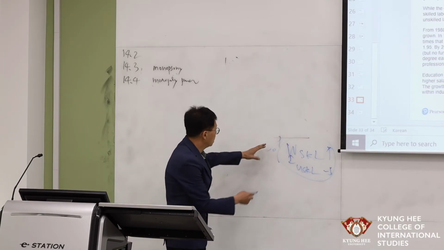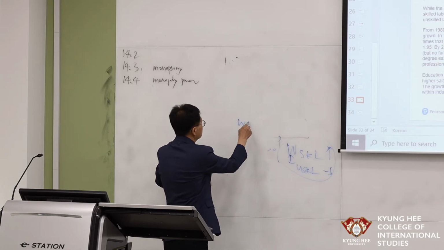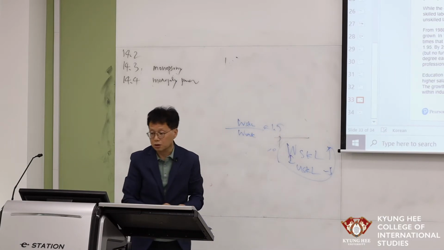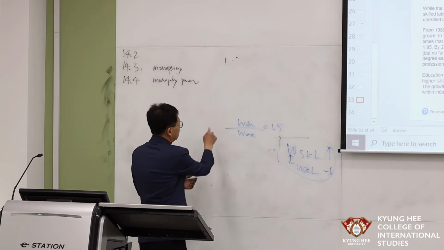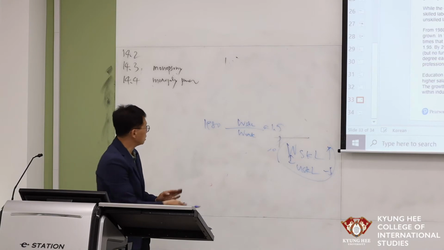The wage gap increases and increases. So the wage rate of skilled labor over the wage rate of unskilled labor was 1.5, for example. That was 1.5 times that of high school graduate workers in the 1980s. But by 2009,